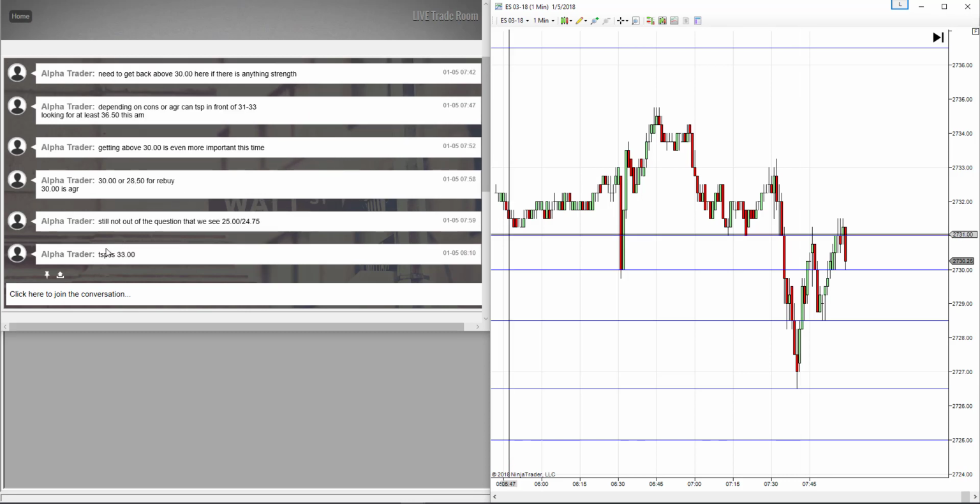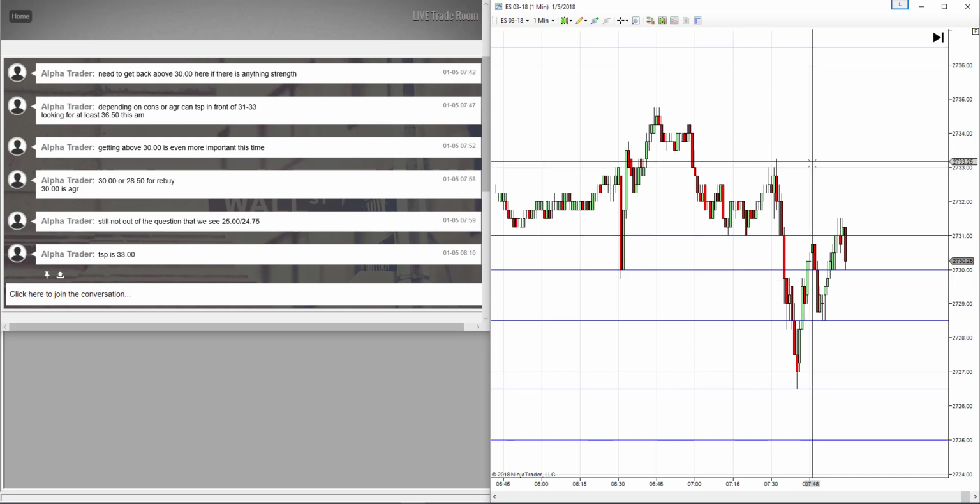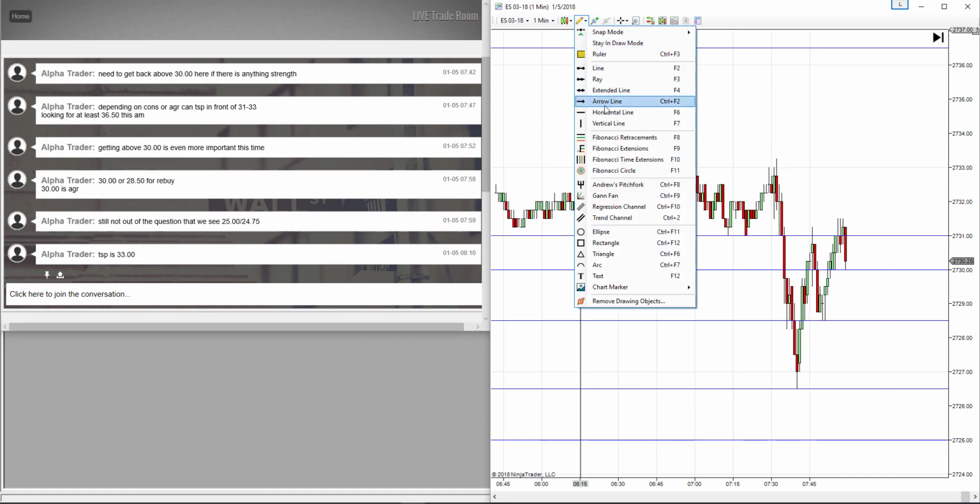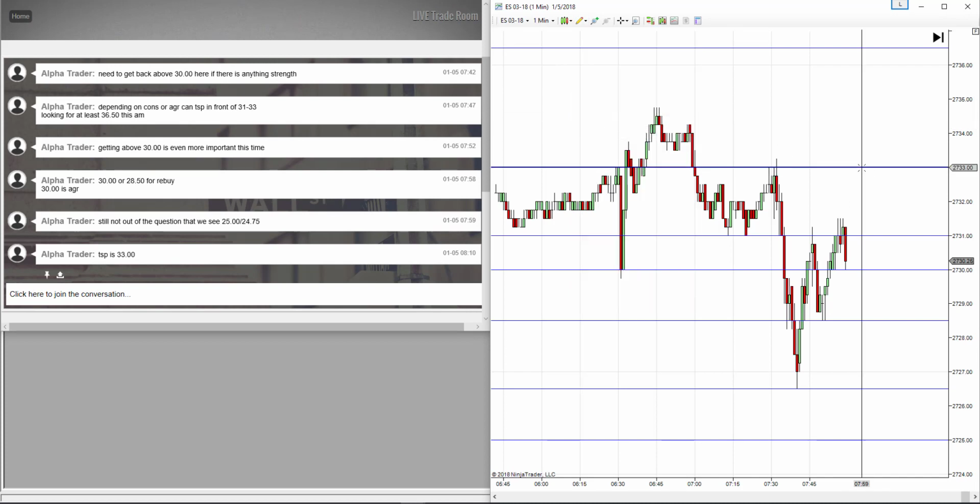And then the next post was 11 minutes later and its TSP is 33. So remember, that was from earlier, which I actually didn't put that price level in. So we want to look at this 33 price level to take profits out. If you want to liquidate, that's where we're looking to do that. If you want to be a little bit more aggressive, remember we still have the 36.5. So that post at 8:10